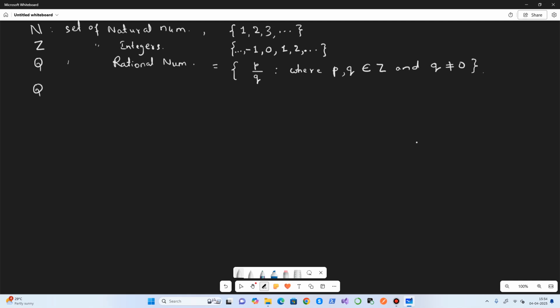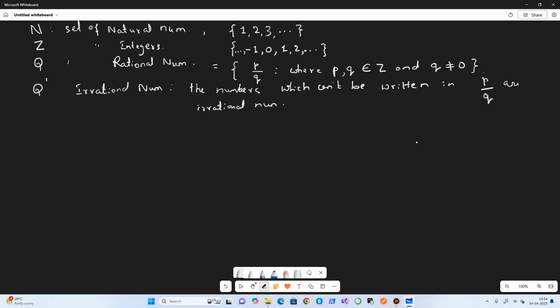And then we have Q dash to represent irrational numbers. Irrational numbers are the numbers which can't be written in the ratio form, in p over q.